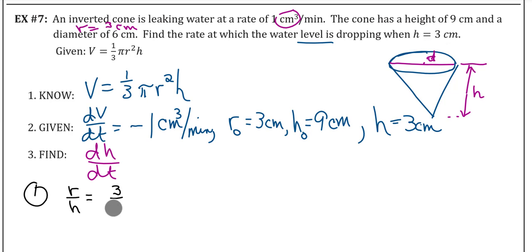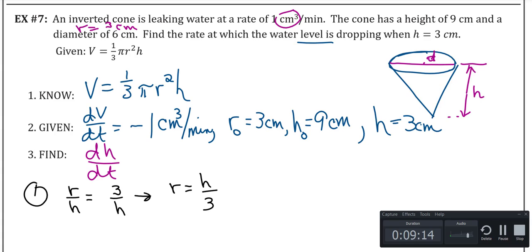Okay, so we can think of our radius as being 1/3 of our height. Okay, because we started at 9 and then,